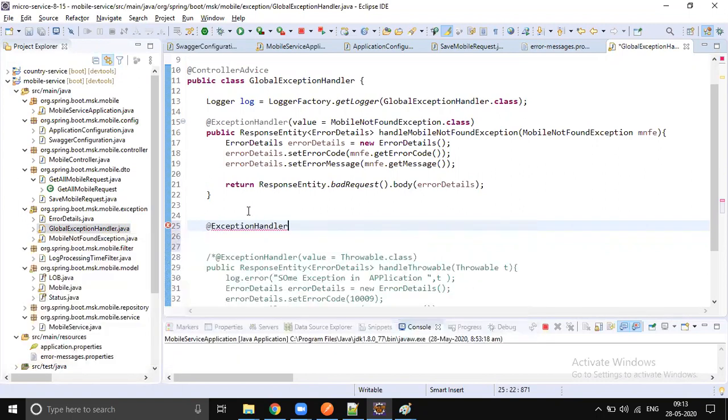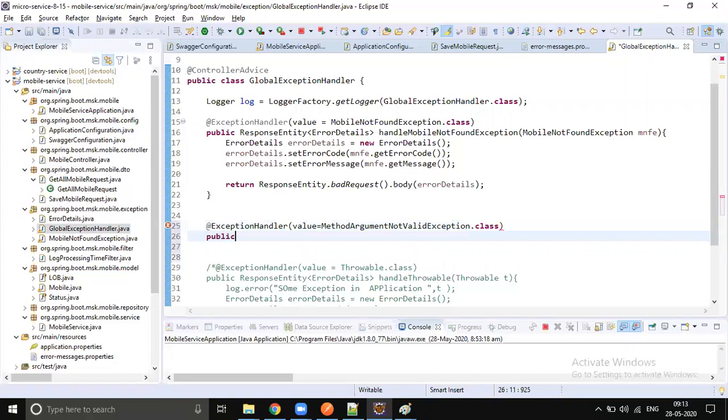This exception handler is for MethodArgumentNotValidException. Let's write the method, public.